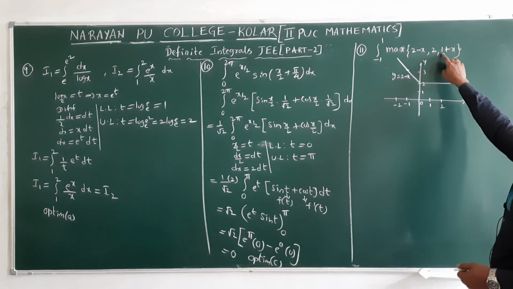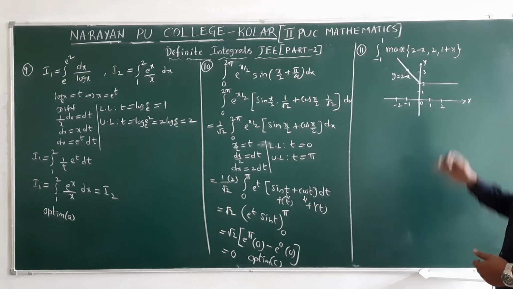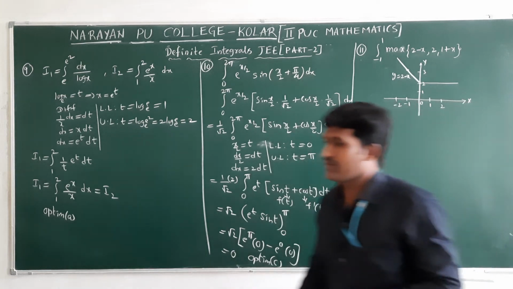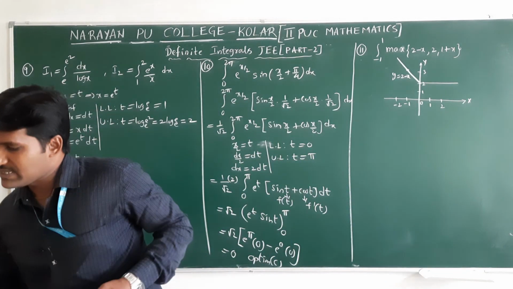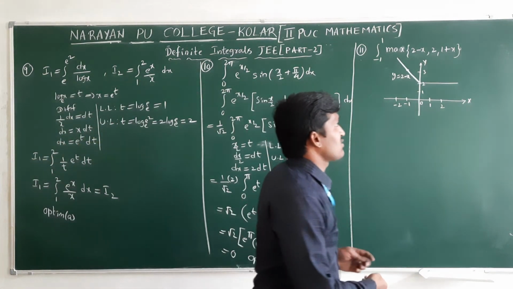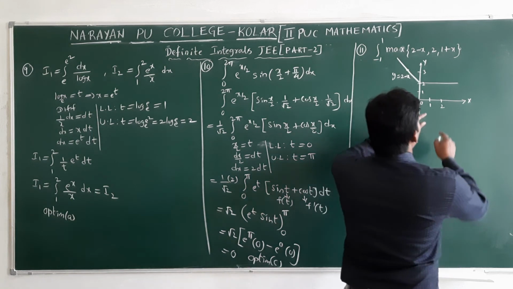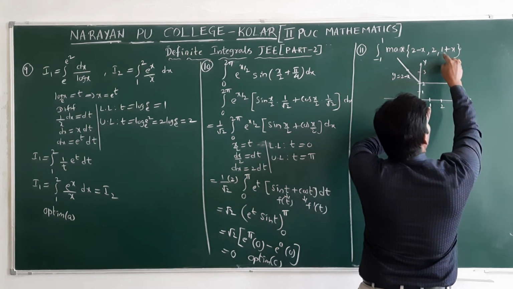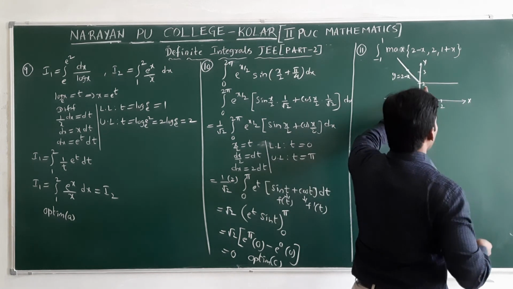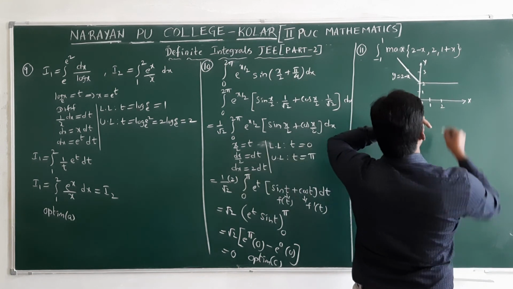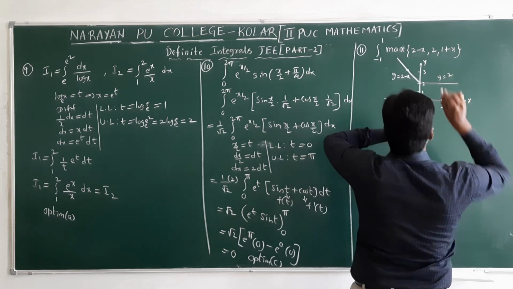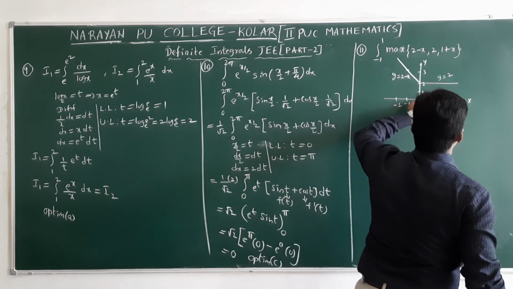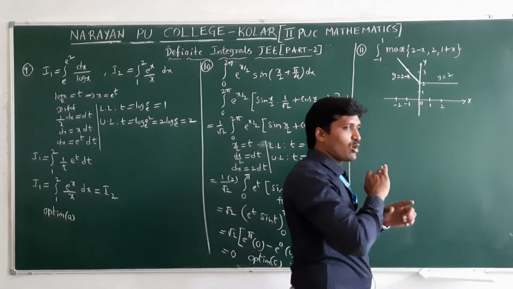And one more is 1 plus x. This will come below the values. 1 plus x is what they have given. If you take the 1 plus x value, what will happen here? If you take x value 1, 1 plus 1 is 2. It will be increasing like this only, the curve. This is the y is equal to 2 line. And whatever 1 plus x is below will come, that we are not taking.